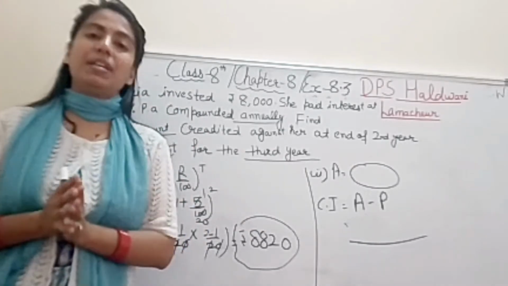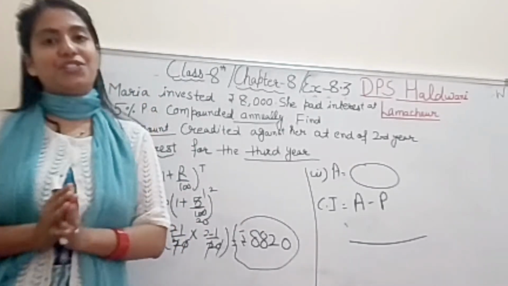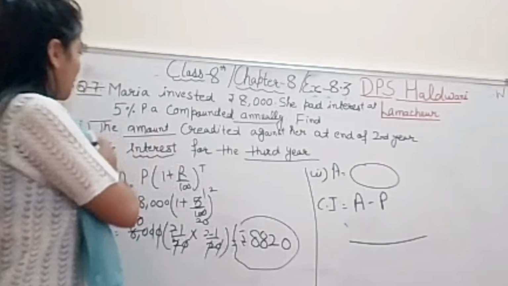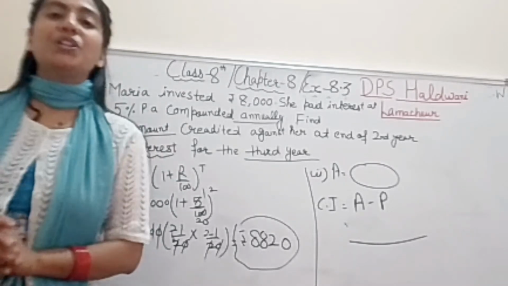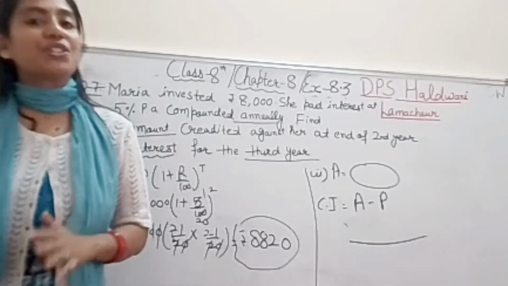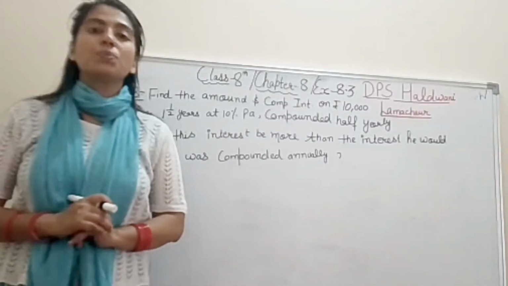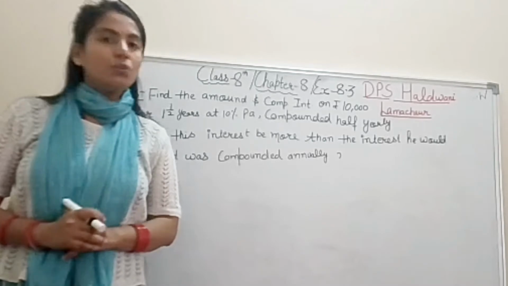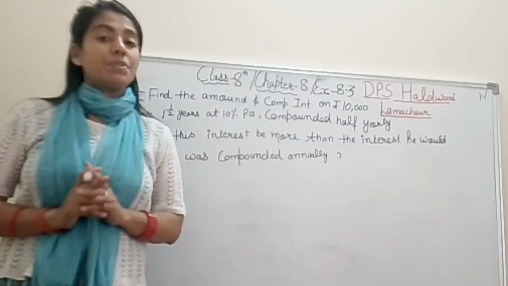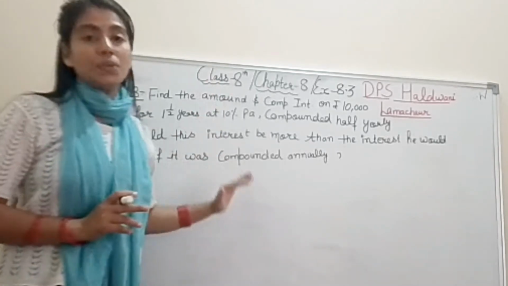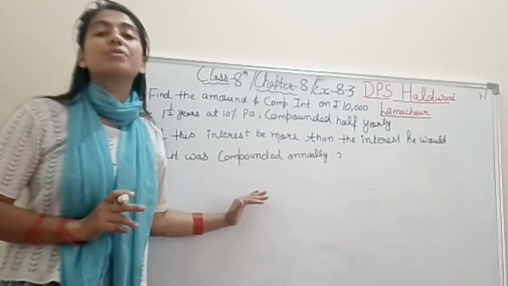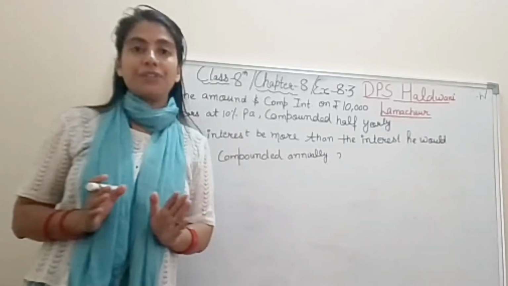Always the questions are coming in the same manner, but calculations. Right, student? So question number 7 is done. Now coming to our question number 8. Always we have the same question. I'm not going to solve the question, student. I'm just going to discuss all the questions and how we have to solve. So understand it carefully.